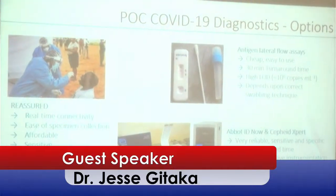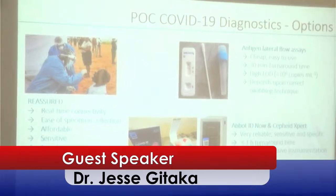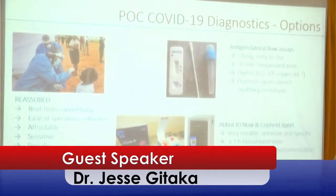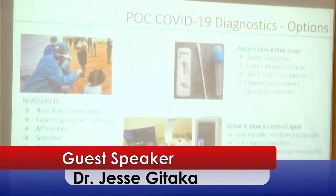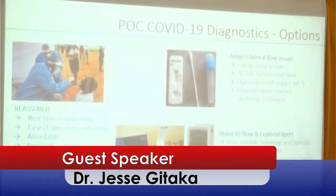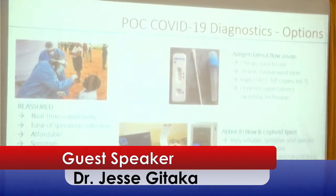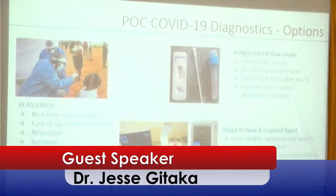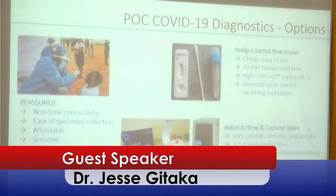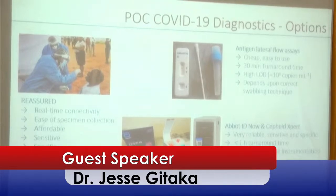Point of care diagnostics should be real-time, with real-time connectivity, ease of specimen collection, and be affordable, sensitive, specific, user-friendly, rapid, robust, equipment-free, and deliverable to end users. If you satisfy these criteria, you can have a point of care diagnostic that can be used in very diverse settings. We've seen some of these tests even being used at homes. The classic example really is the pregnancy detection test, the PDT, and we know that women have been using this test in the comfort of their